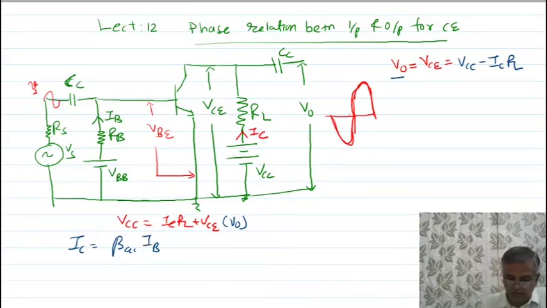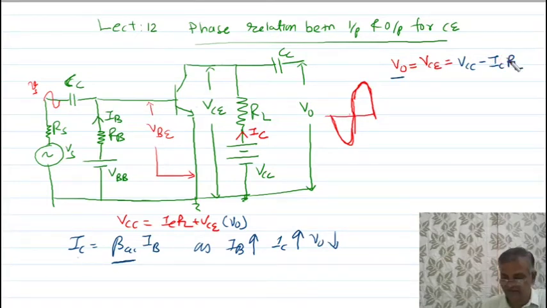And beta for common emitter is large, already you know that. If the beta of the common emitter is large, then your collector current will be large. As you get the collector current large, then look here, this is large, so output will be VCC minus ICRL. So as base current increases, collector current increases. As collector current increases, so according to this equation, VO decreases.